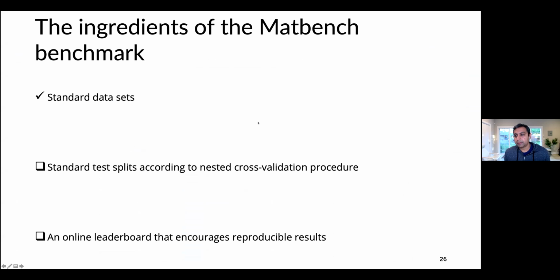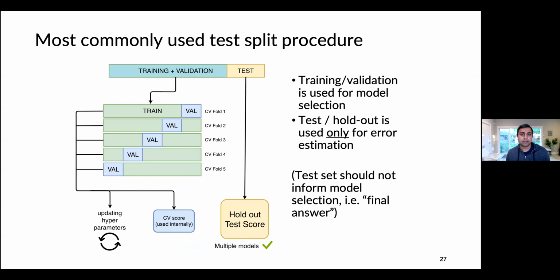The next thing we wanted to do was to standardize the way that we define the training and the test set and have standardized splits. And we did something a little bit different here, so I just want to quickly explain what that is. The most commonly used test split procedure that you're all aware of is that you have in blue here some kind of training set that the model has access to for training, and then you have some kind of holdout set, a test set, which the model cannot use to train, but which is used to evaluate how good the model is.